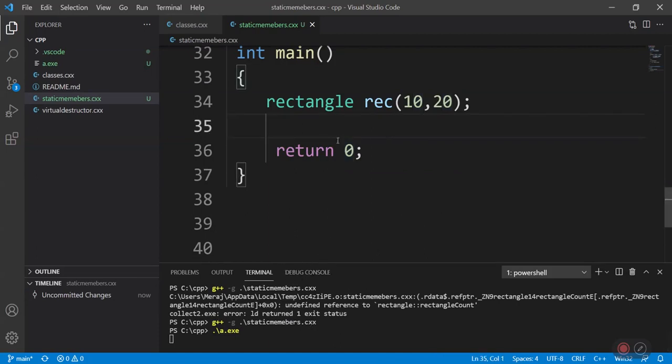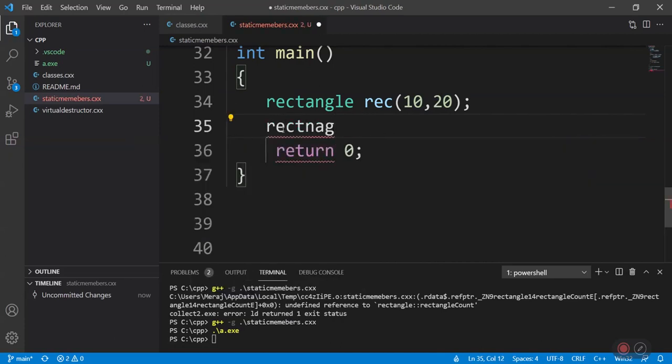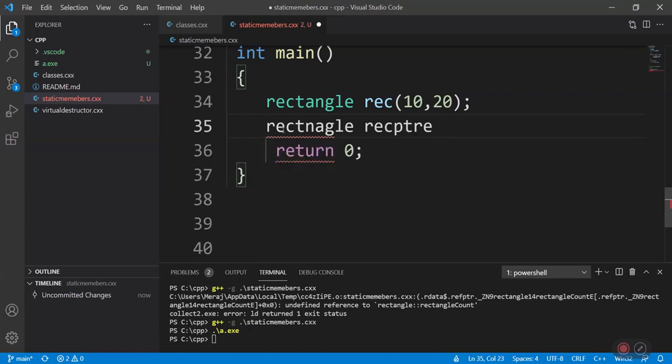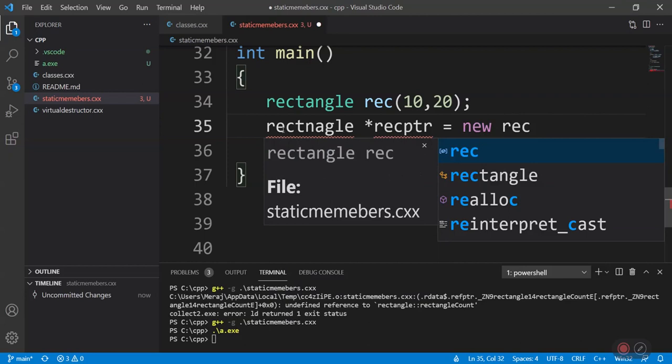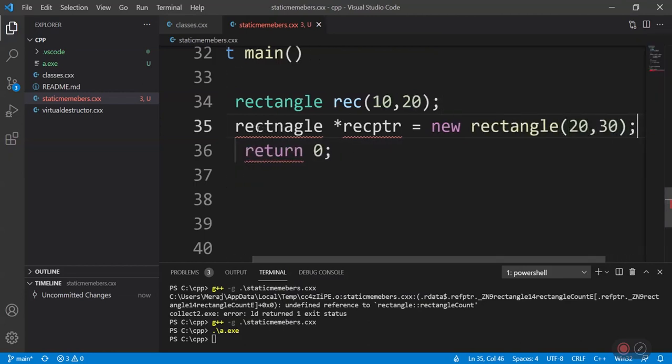Now let's try to create one more object, rec ptr, a pointer to this rectangle type, with 20 and 30. Yeah, rectangle.